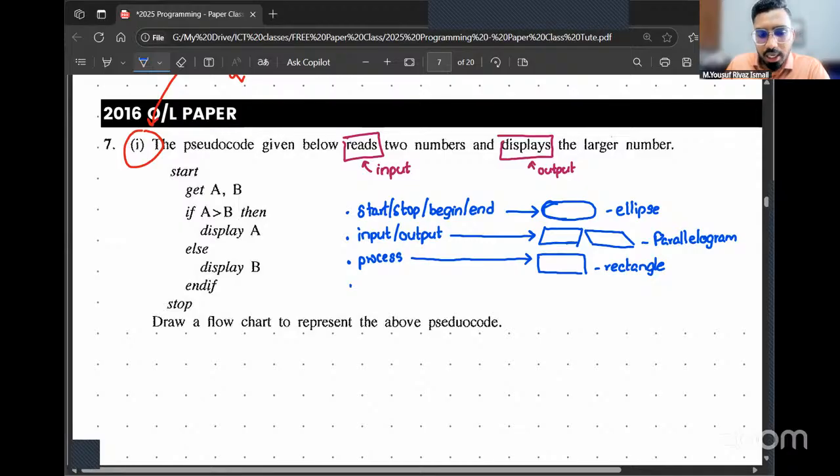If there's an instruction talking about a condition, like a question asking, is this greater than this? Is this less than this? Those kinds of questions or a decision that has to be made. What is the shape we use to mention those decisions, questions, conditions?